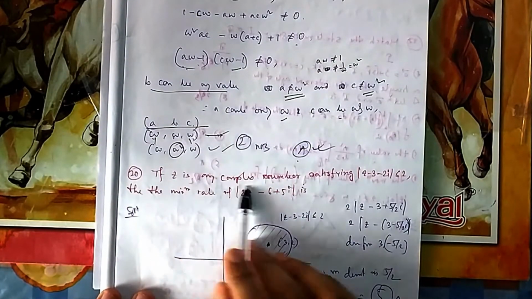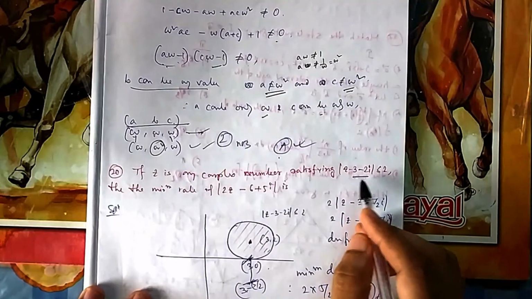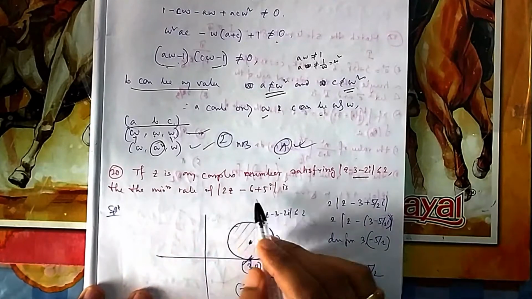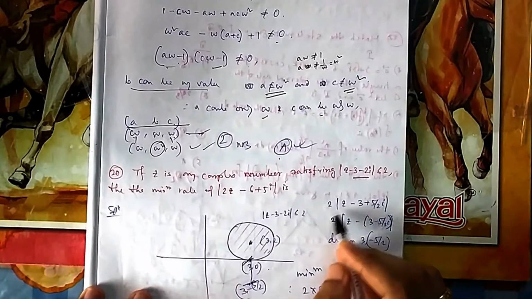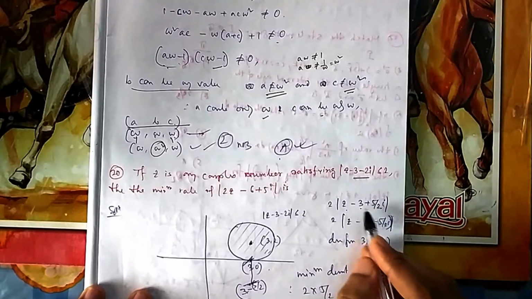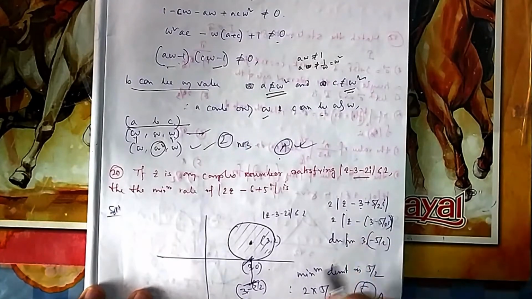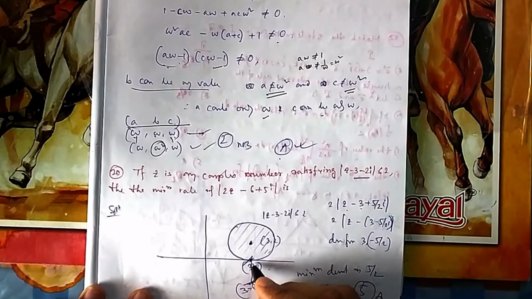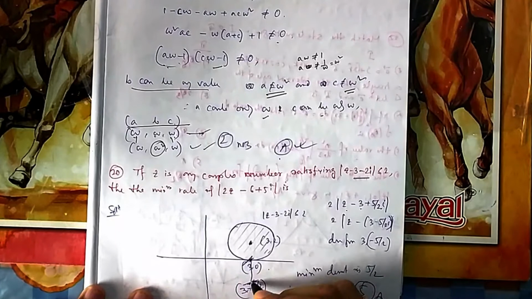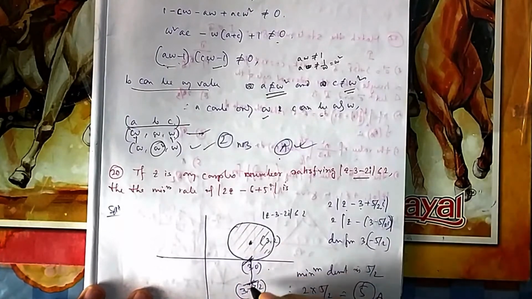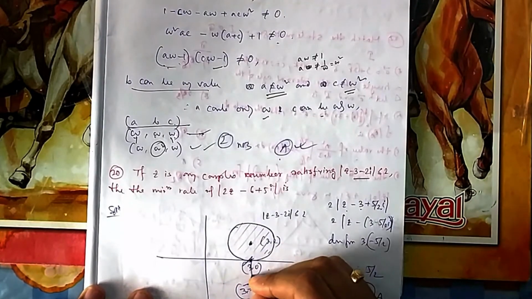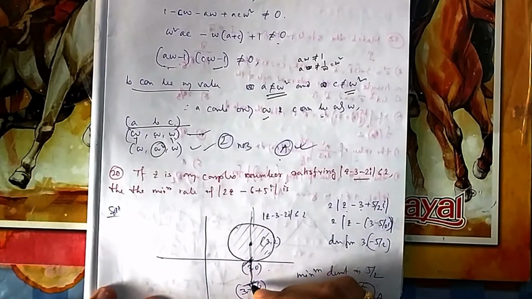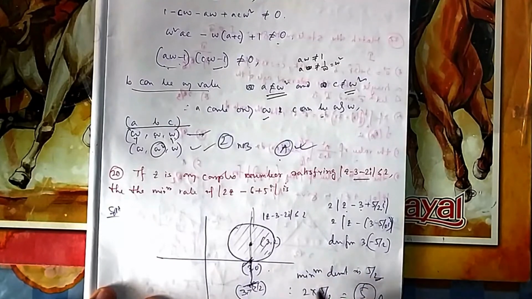So if you come to 20, Z is any complex number satisfying this. This is again a circle. Inside that circle, that is center 3, radius 2, so obviously it will touch the minimum value of 2Z. So you take 2 common, so it is 2 times Z minus this. So what is this? It is nothing but the distance from the point 3 comma 5 by 2. So what is the minimum distance? Minimum distance is this one. Because it is 3, it is in the same line. Minimum is always in the normal direction, I told you, in case of a circle. So what is this distance? This distance is 5 by 2, so it is 2 into 5 by 2.